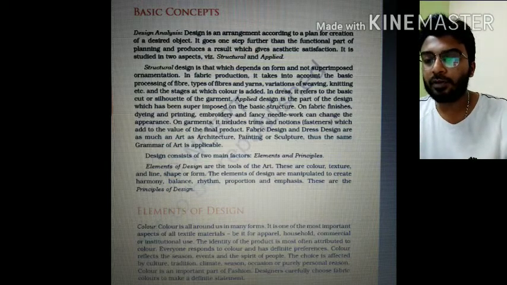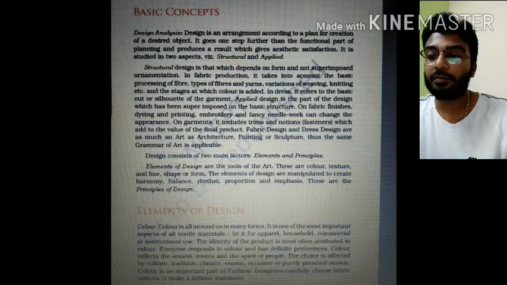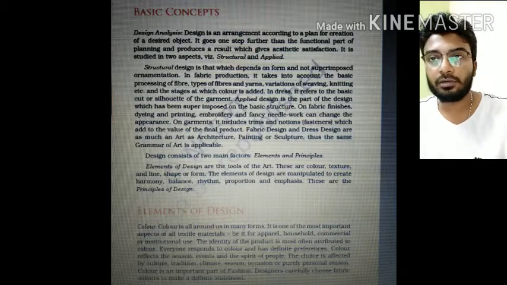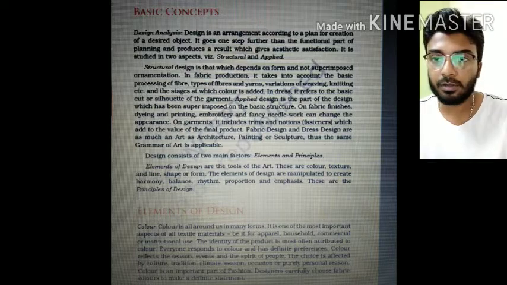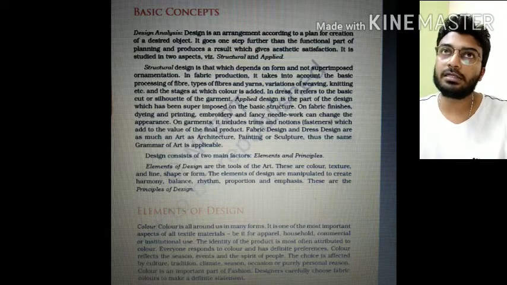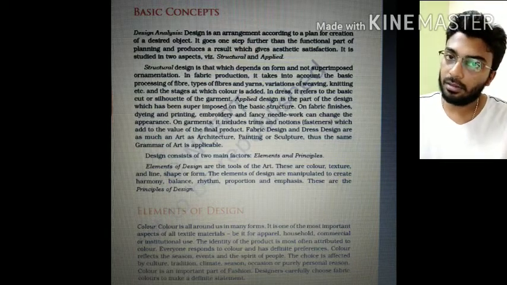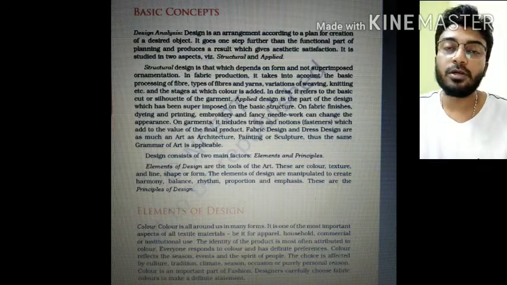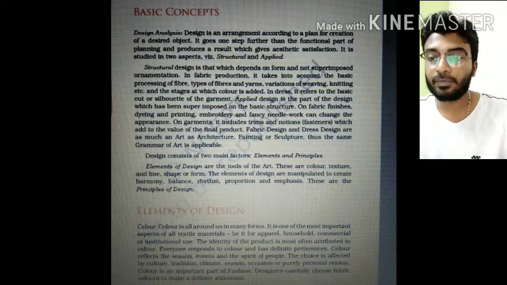Everyone responds to color and has definite preferences. Colors reflect the seasons, events and spirit of the people. There are lots of events in which white costumes are worn, and also several on which black is worn, and there are also some where colorful garments are used.